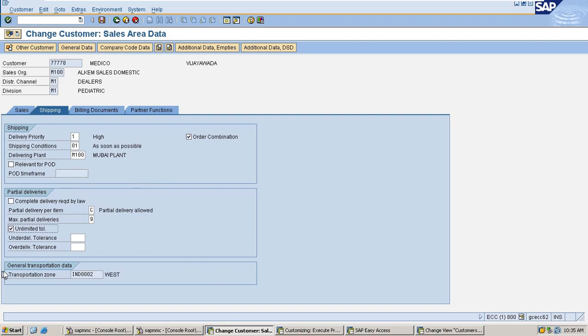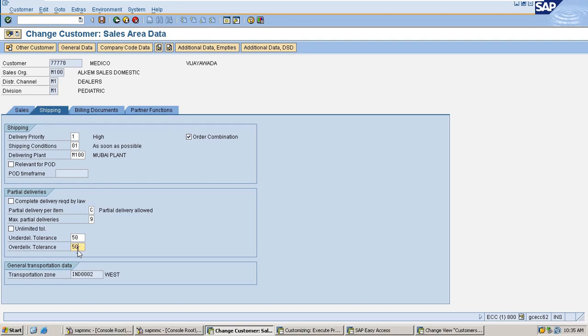The next one is unlimited tolerance. If you check this one, then the system will allow increasing or decreasing the quantities in the delivery document without any limitations. And if we would like to put some limitations, then for example the under delivery tolerance is 50% and the over delivery tolerance is also 50%.